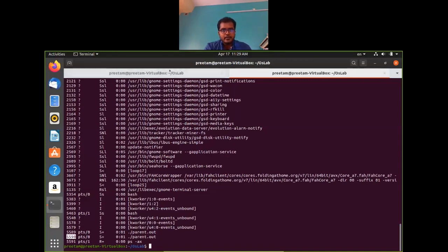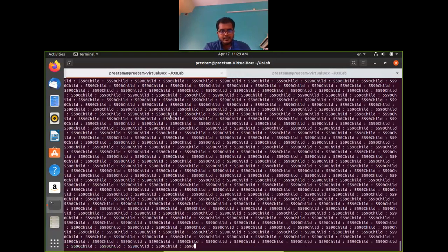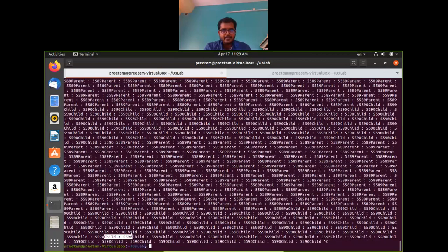If you press Ctrl C, you can see that the child process ID is 5590 and the parent process ID is 5589, which is the same as this one. So this is what happens when we create a child process from another process. You got the idea of how Linux is working.